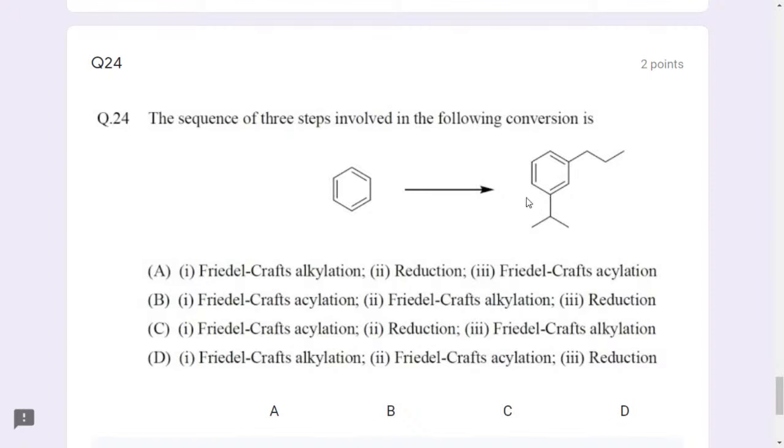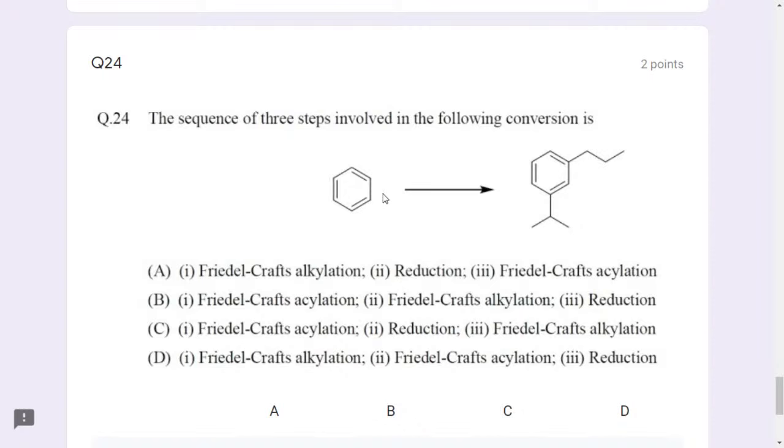So what has to be done in the first step? If I prepare this cumene first, no doubt I can prepare cumene. Then if I do the alkylation, this alkyl group is an ortho and para directing group, but it is needed at meta. So what to do is, first let us take propionyl chloride,